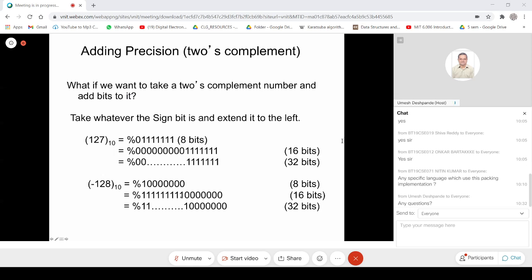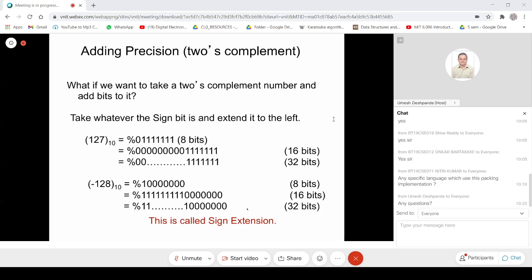The key is still the same here, which was 1 in the 8 bits, and all the rest of the bits are extended the same way, and this particular approach works for 32-bit representation as well. And this is called sign extension.